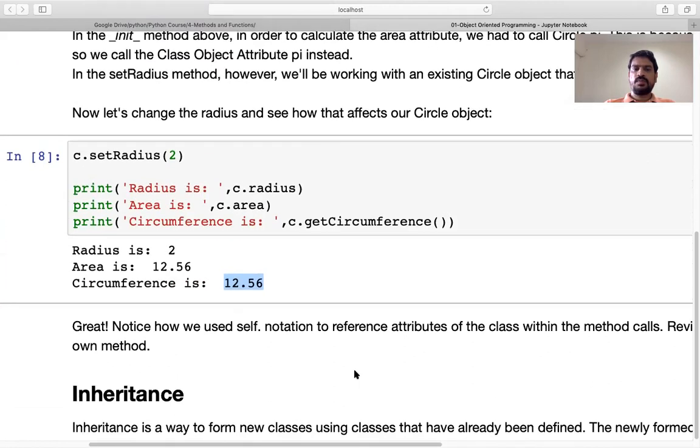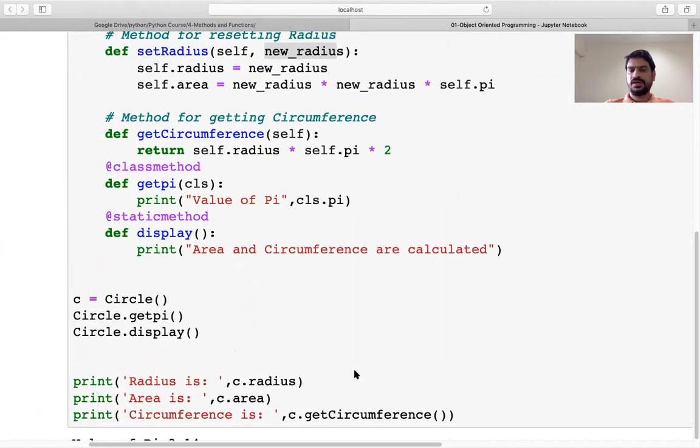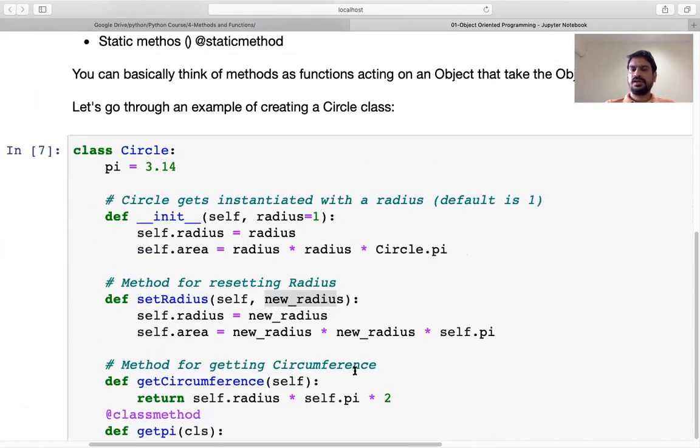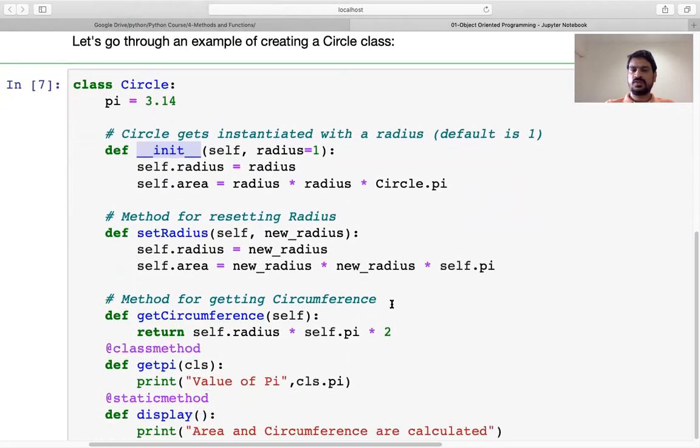So this is all about your class: how we can create the attribute inside the class, how we can create the method inside the class, how we can initialize the attribute using the init function, and how we can define the methods. The first type of method is called an instance method, where we have self as an attribute. Here also self as an attribute is an instance method.